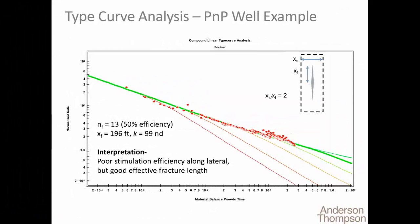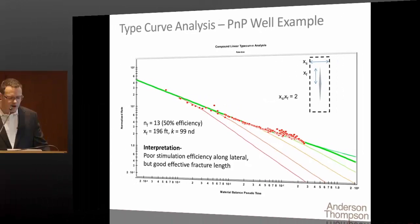The type curve analysis work, beyond the simplified analysis that you saw on that dashboard previously, confirms the same thing in terms of efficiencies. The efficiencies are confirmed, and this is the critical part, through the permeability constraint that we're using from our confining pressure core analysis results. If we assume that the perm is 100 nanodarcies, there's only a certain number of NF, or number of fractures, that can be achieved while creating a suitable history match. And this is what we do, at a very high level, in a very simple way, to arrive at an understanding of